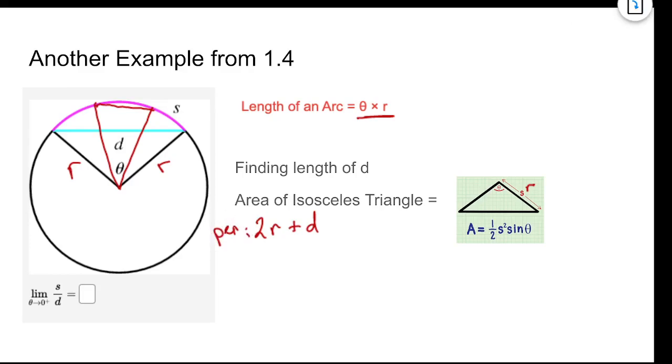So I was looking at that because what I want to do is get it in relation to what is d. So what I did is that the area of the triangle is going to be